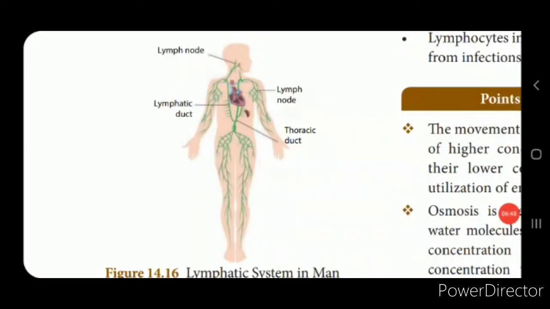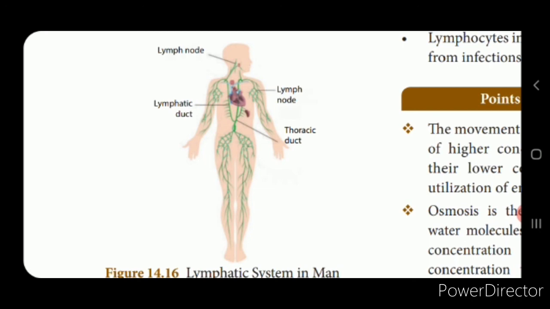Next, we'll see what the lymphatic system is. Now, what is lymph? We'll see first what lymph is. Lymph is nothing but the colorless fluid that escapes into the intercellular space from the walls of the capillaries. Now, we know that the blood is carried to each and every part of the body through capillaries, isn't it? There are minute pores present in the walls of the capillaries. Through these, the colorless fluid escapes into the intercellular space, and that is called the lymph.